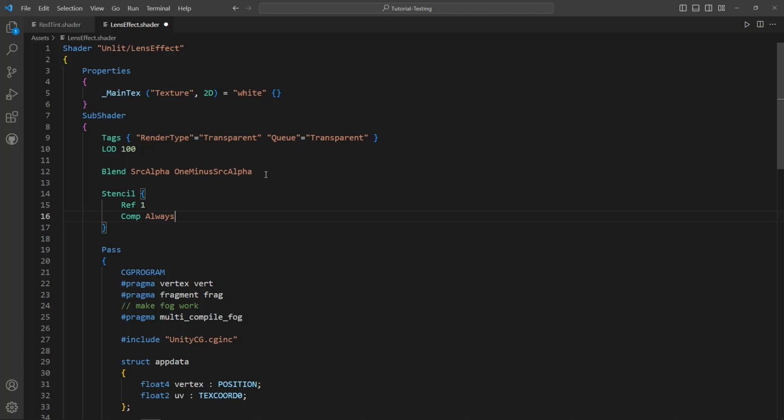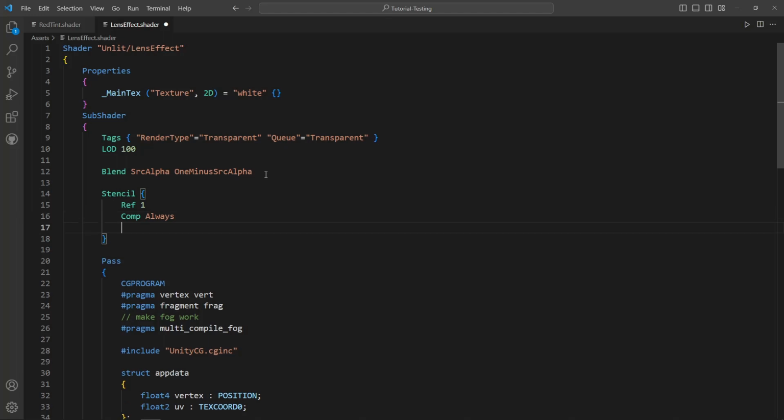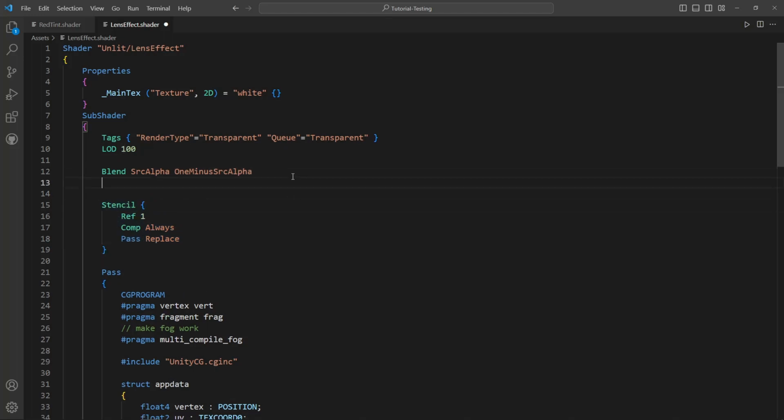We're just going to render this object no matter what's in the stencil buffer. So it's almost like ignoring the stencil test, if you know what that is. And then what we're going to write is pass replace. So this says once the object passes the stencil buffer, which it's always going to do, then replace whatever's in the stencil buffer at this pixel with the value of 1. So basically this whole code block just replaces whatever's in the stencil buffer at whatever pixels this object is touching with the value 1. And then there's actually one more thing we need to do here, and that is to